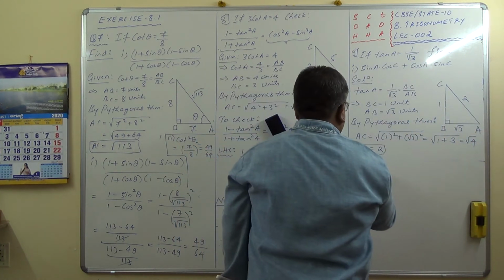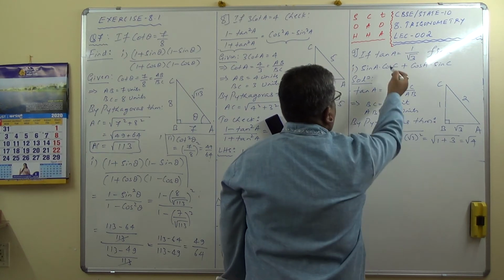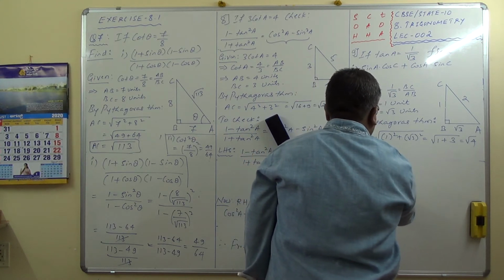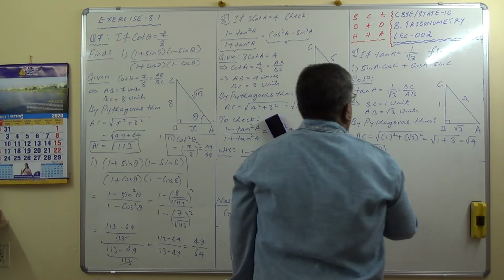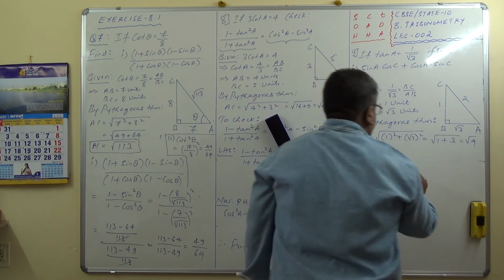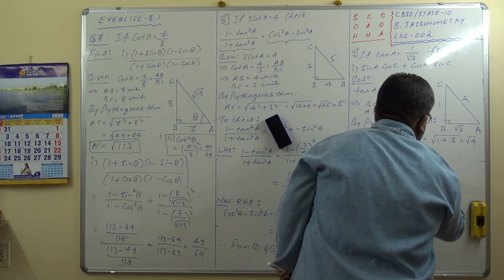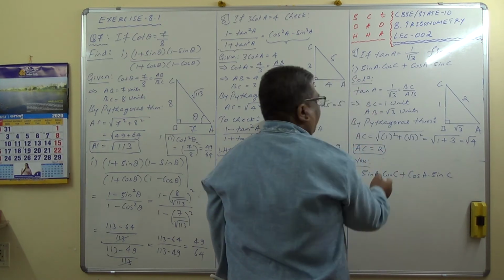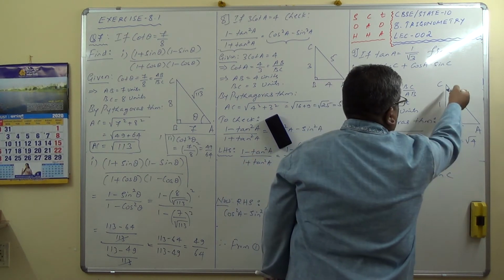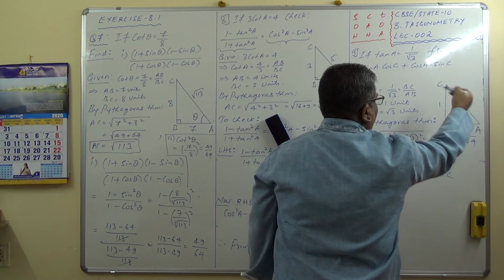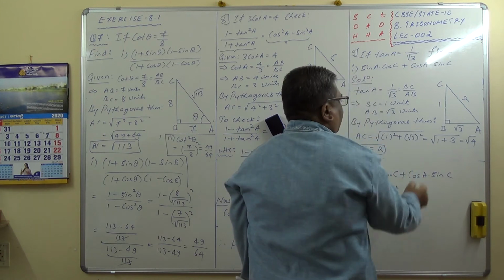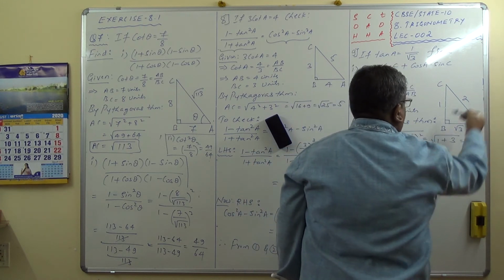Now sin C. Now sin A into cos C, first one. Sin A into cos C plus cos A into sin C equals, what is sin of A? 1 over 2 into cos of C, cos of C adjacent by hypotenuse, once again 1 by 2, plus cos of A, cos of A is root 3 by 2